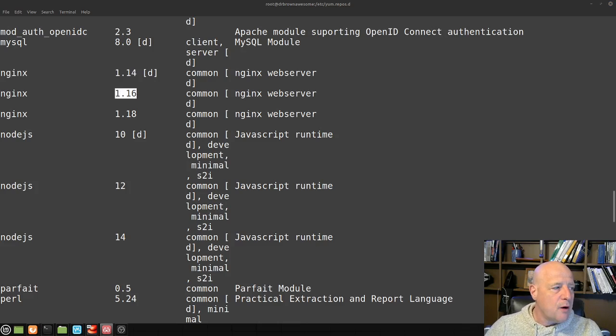You can also go back and swap out versions. Let's say you've got your app running on 1.14, but maybe you want to make sure it's working on the new version, so you could use these modules to switch over to 1.18 and try it out. And the book kind of has you walking through some of those. And that, guys, is pretty much all of chapter